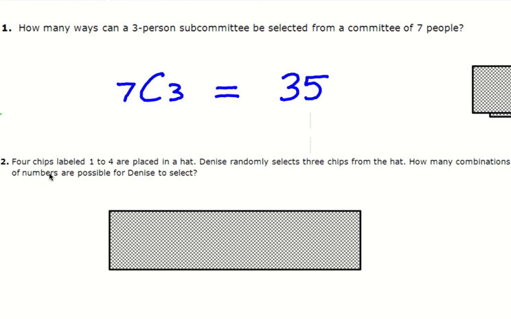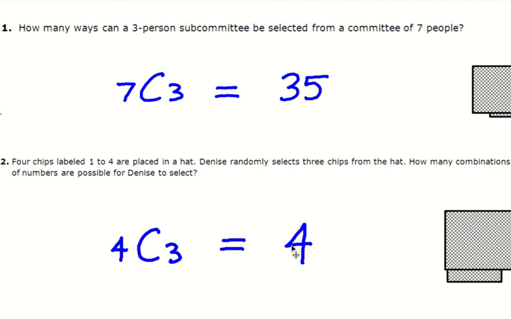Number 2, which you should have read already. 4 chips in a hat. Hey, speaking of the Falks, Denise randomly selects 3 chips from the hat. How many combinations of numbers are possible? They're literally using the word combinations. So that should be the only way, unless you're going to literally list them all by hand